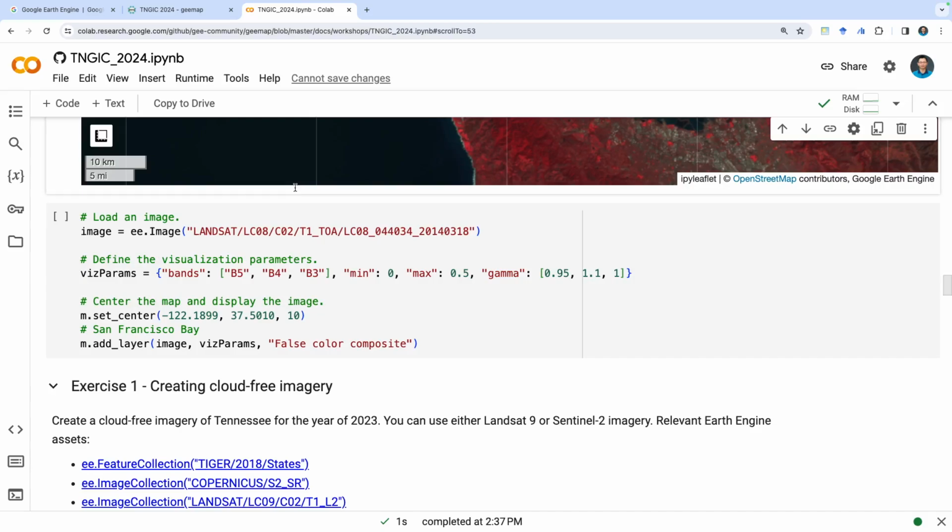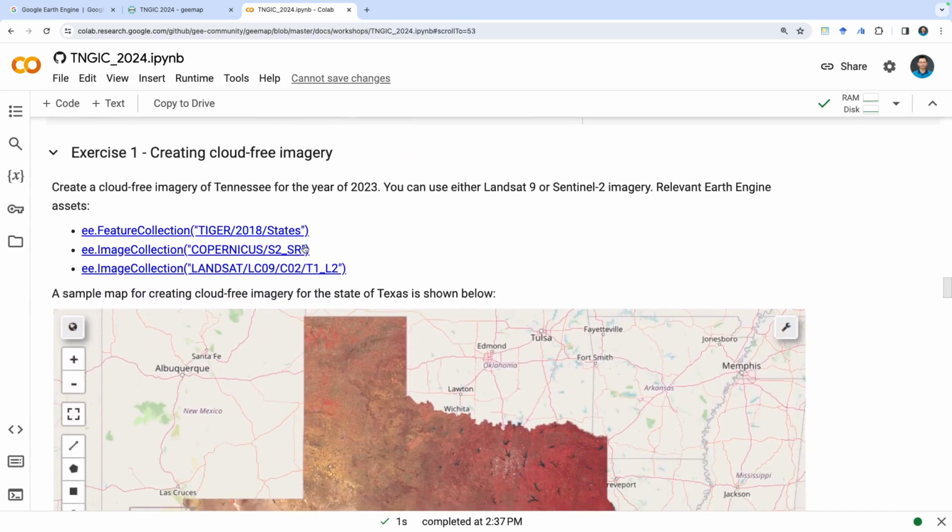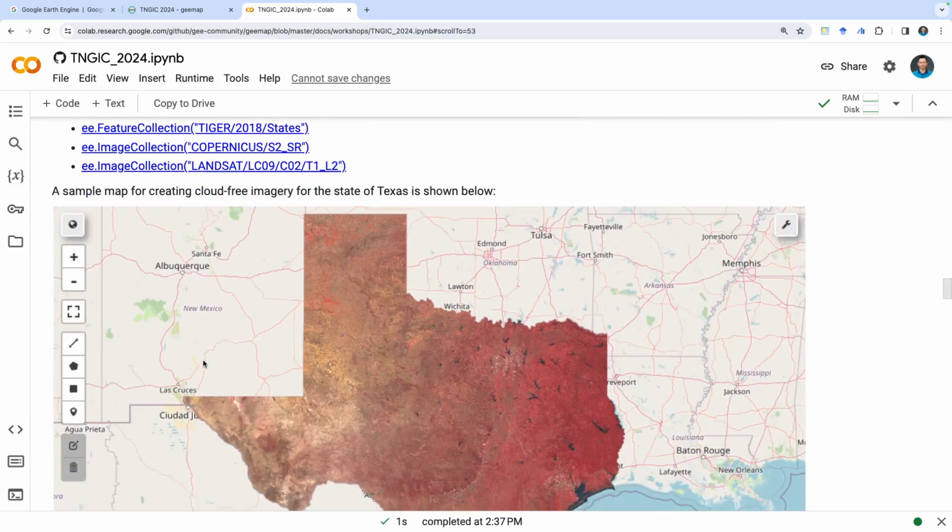Eventually, you narrow down to the images that you want, and then you can apply the median filter, and then you will get the images kind of mostly cloud-free for the area. So this one probably takes 5 or 6 lines of code, and you can create cloud-free images for any state, for any country, or even at the global scale. So most of the steps are pretty much the same. You just need to nail down using those filters, and then eventually just do a median filter. So this is the example, for example, for